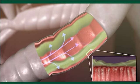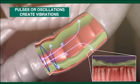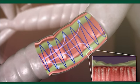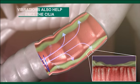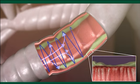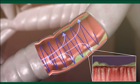At the same time, the pulses or oscillations create vibrations within the airways. These vibrations help to thin and shake loose mucus which may be too thick or sticky for the pressure alone to move. The vibrations also help free the cilia. The combination of oscillations, pressure and free cilia aid in moving the mucus into the central airways where it